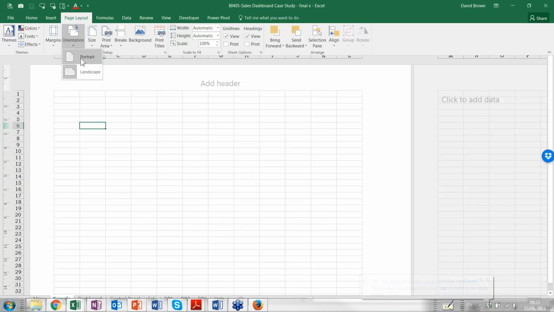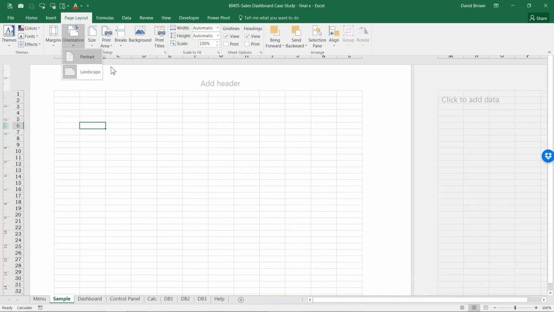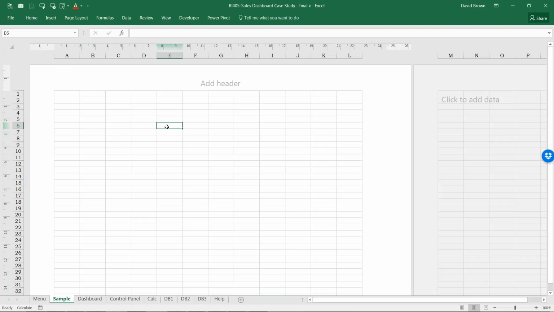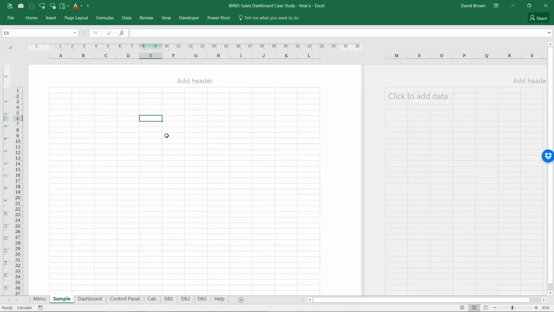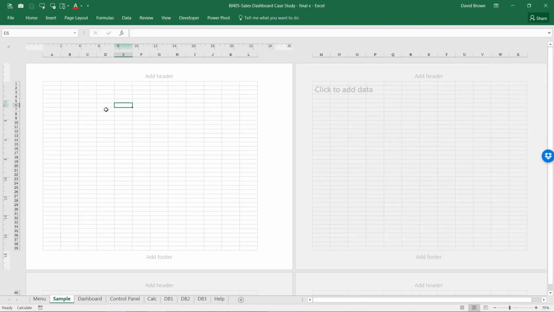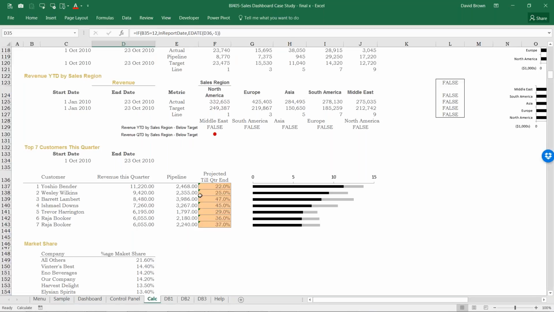Now you could decide, do you want a dashboard as a portrait dashboard or a landscape dashboard? I prefer landscape, so it's landscape. Now you can see what you're working with. This is the single page that you're working with. You now need to arrange it in a very intelligent way for your dashboard. So I could decide, okay, I'm going to take a picture of some of these tables and charts.